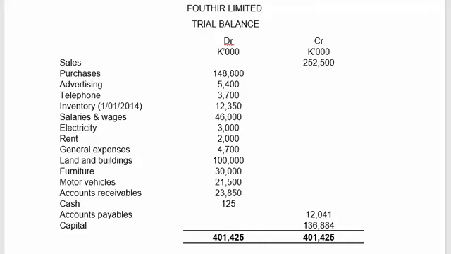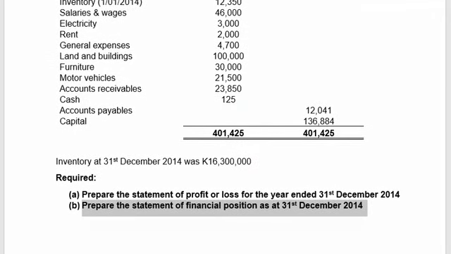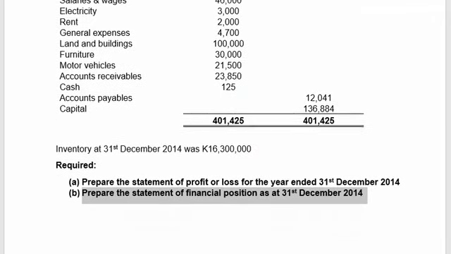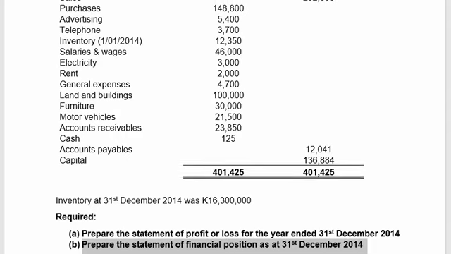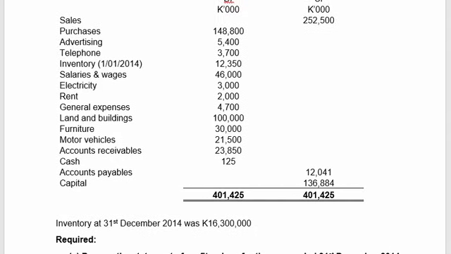Welcome to video number, I believe, 4, which continues with preparation of financial statements and introduction. In this video, we are actually going to prepare the statement of financial position as per this format. I believe you are watching this video after watching the previous one where I illustrated the format for